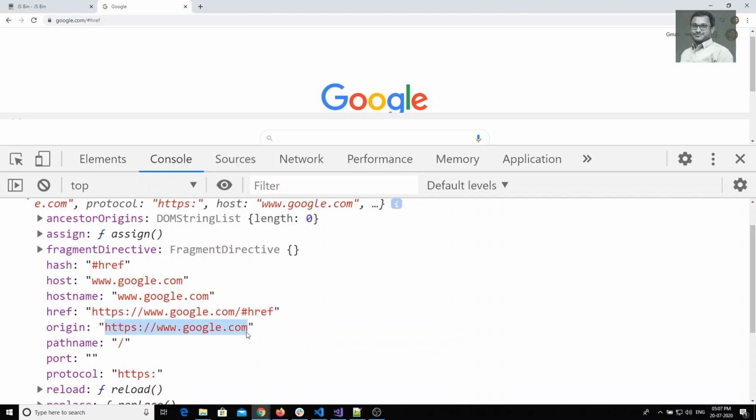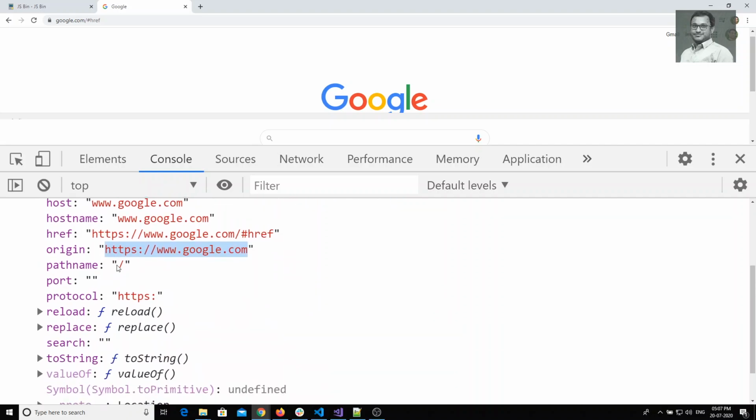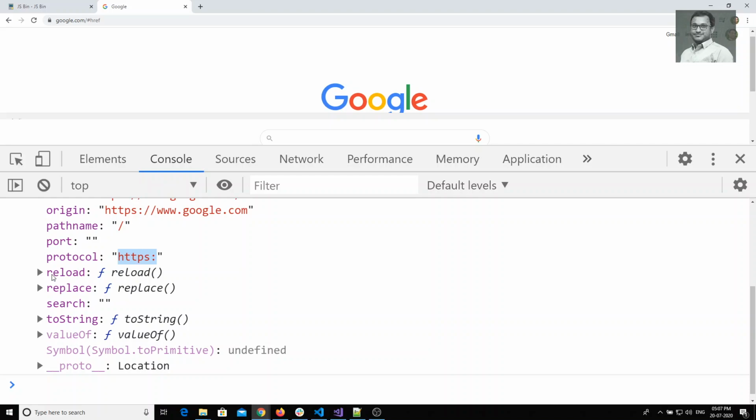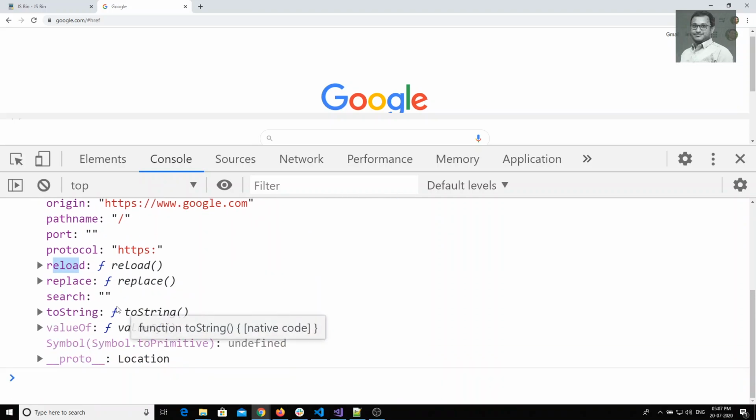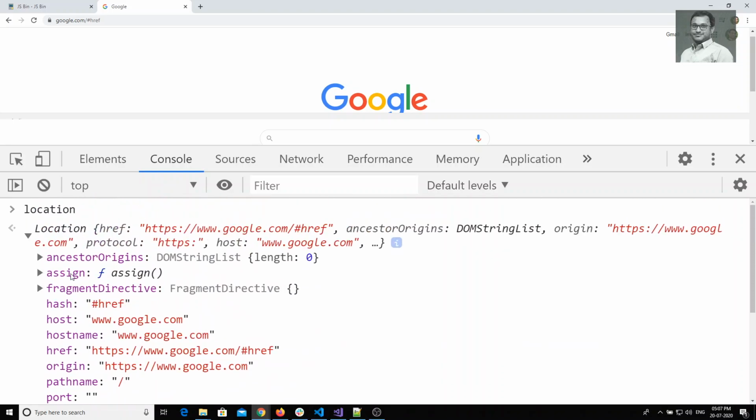Origin is the home page of that site. Pathname is the internal page, and protocol tells whether it is HTTPS or HTTP. And we have some functions like reload, replace, assign, right? So these are the properties in the location object.